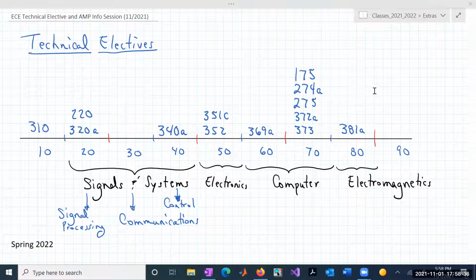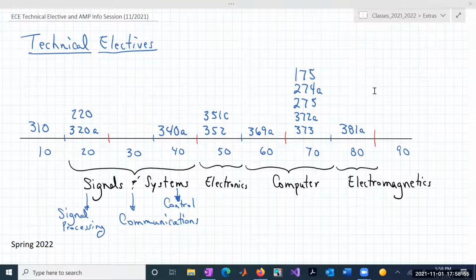These are linear signals, linear systems type classes. Those naturally now lead into technical elective coursework that have as their last two digits 20 something, 30 something, or 40 something. For example,